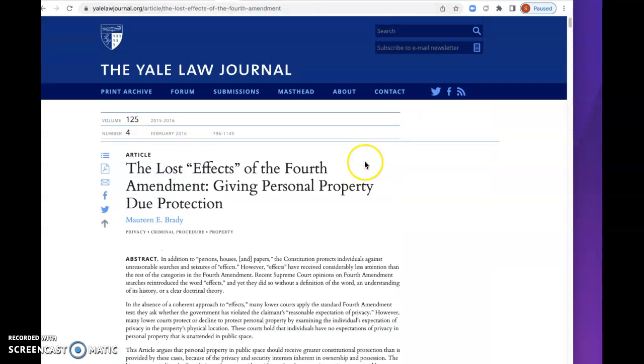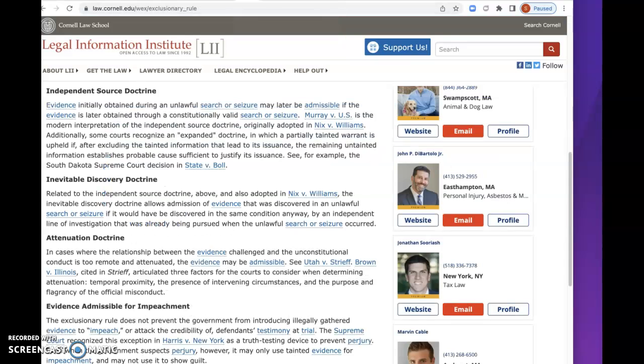And then on this here, I'm going to give you the lost effects of the Fourth, giving personal property due protection. This is under the Yale Law Review, and it's a good article to read if you have it. It talks about persons, houses, and papers, who has the right to go into them. And then the legal, independent source, inevitable discovery. Would we have found it? What would, inevitably, would we have found it? And so therefore, can we use it as evidence? Told you this was not going to be an easy week, and I hope this helps you understand all of these. I'm going to give you a few things and send them to you,